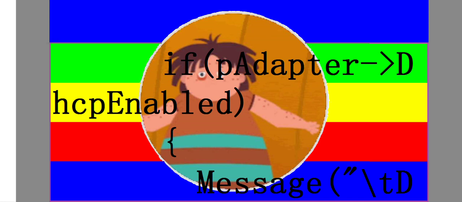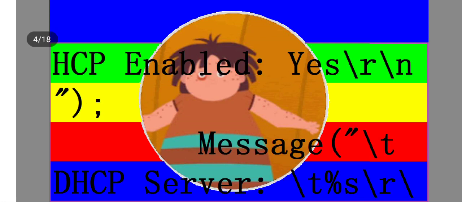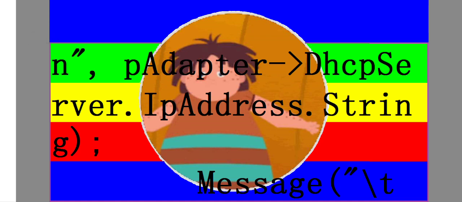If pAdapter points to DHCP enable { message("\tDHCP enable: yes\r\n"); message("\tDHCP server: %s\r\n", pAdapter->DhcpServer.IpAddress.String); message("\t